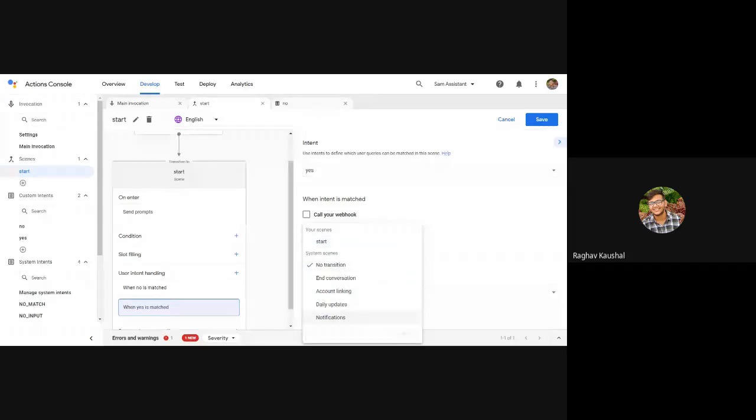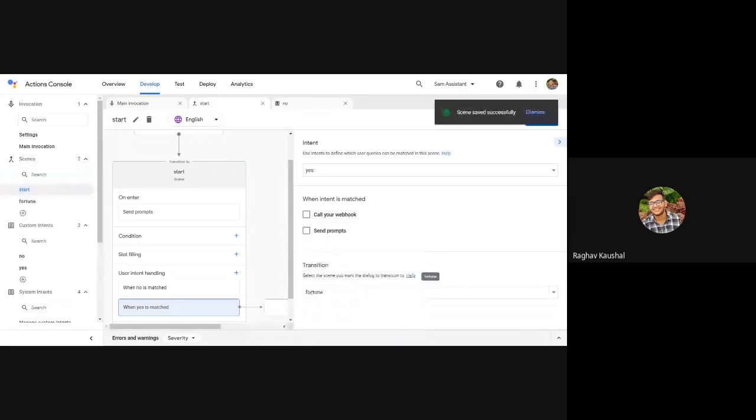You can create it from this left side, this plus button, and from the right side here down below you can create a new scene. Let's call that scene fortune, and I'll click on add. So okay, by this we have created another scene. You can see it on the left side, that scene fortune is created.